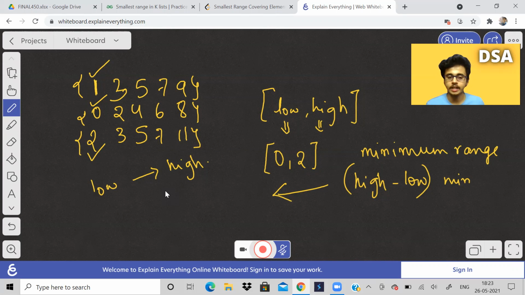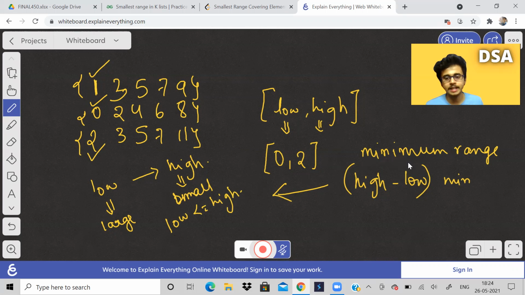Or in another way, this high value should be as small as possible and the low value should be as large as possible, but such that low is less than or equal to high. When we say that the range is minimum, we should interpret it in this way, that high should be very small and low should be large, such that low is less than or equal to high. Then only we will get the minimum range.